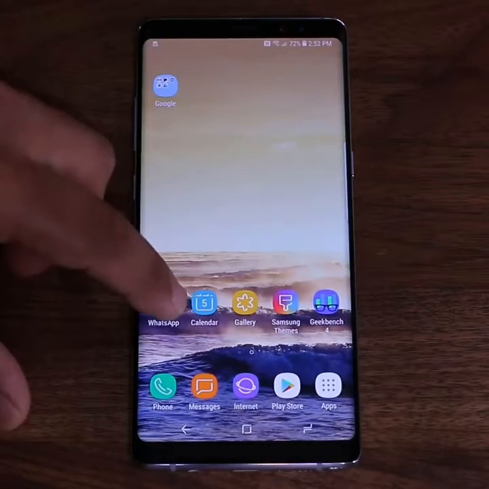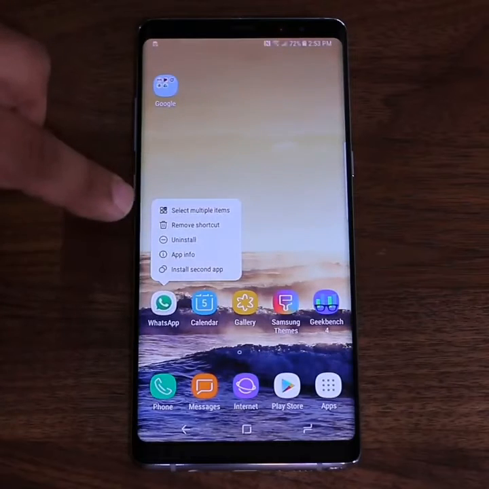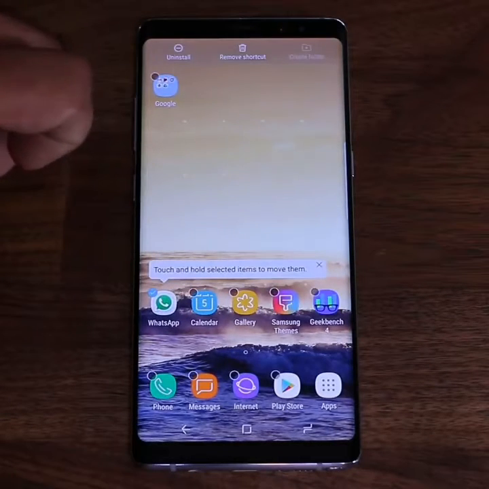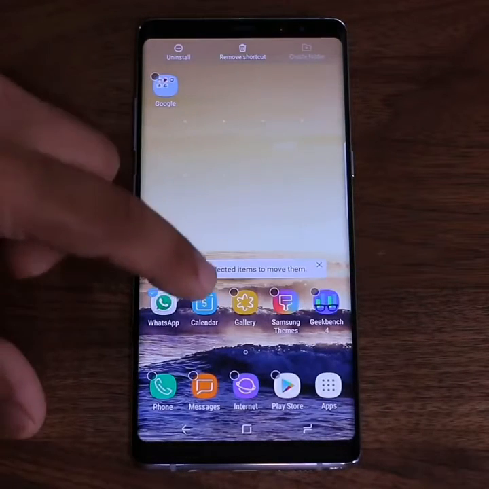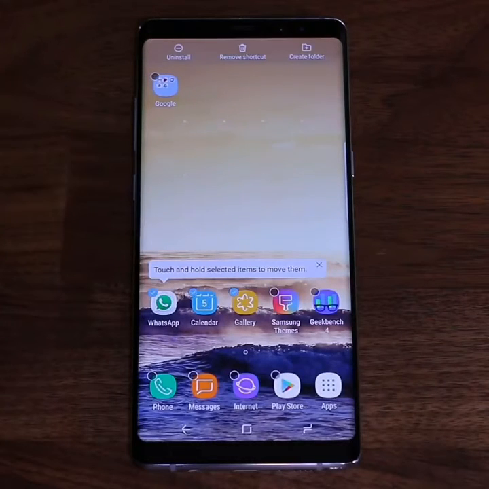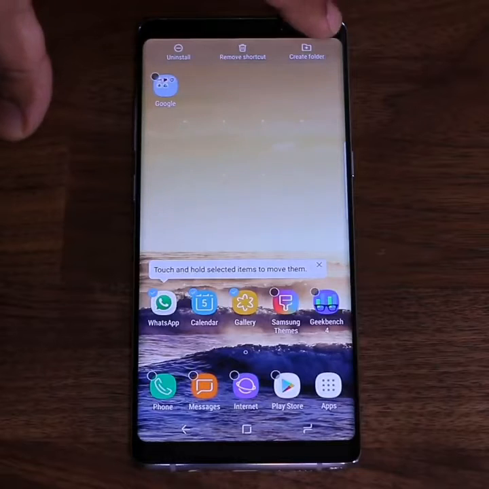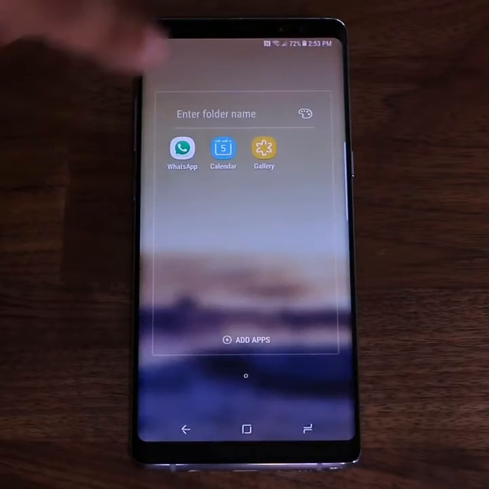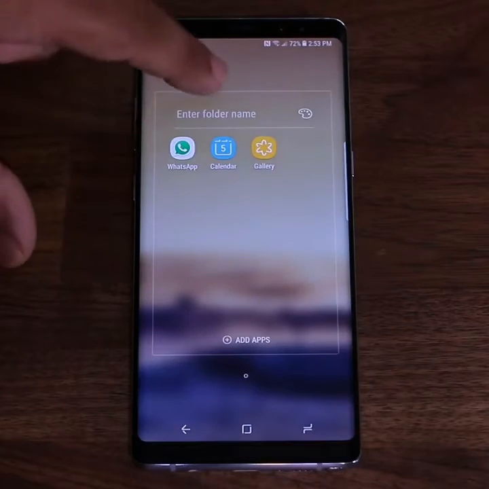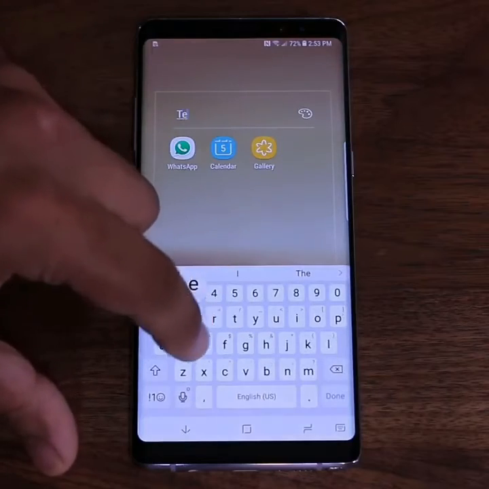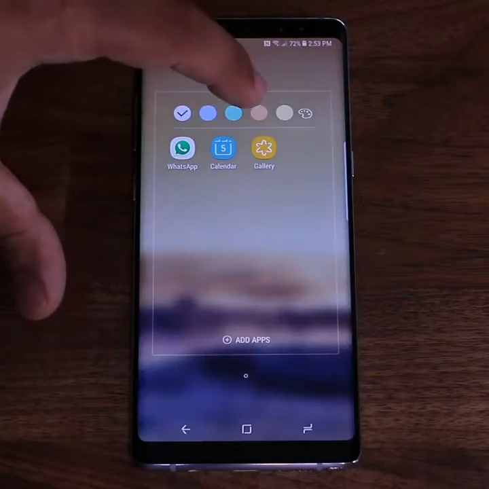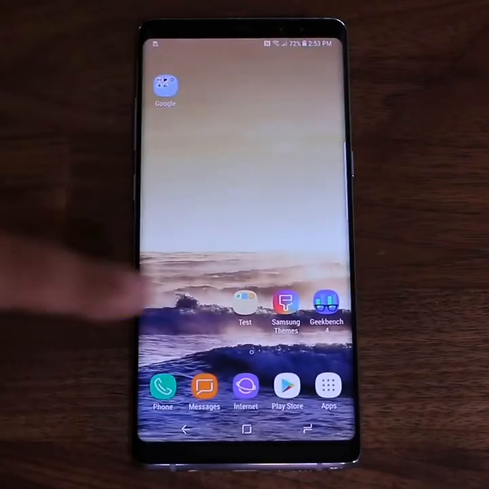And again, if you tap and hold slowly, you can also tap this, and this allows you to pick multiple apps, and you can put them into a folder. So I can say create folder, and as you can see now it puts them all in a folder. Let's just say test for now. Let's do a color code, and now we have a folder